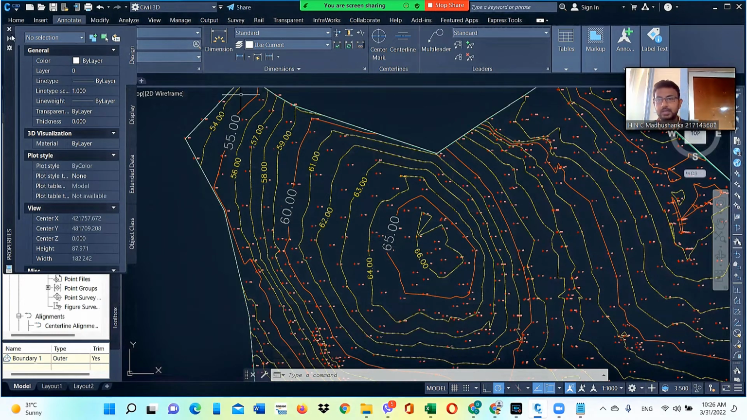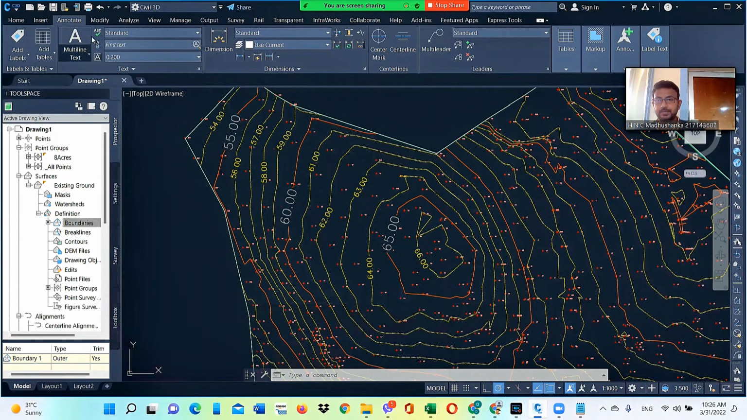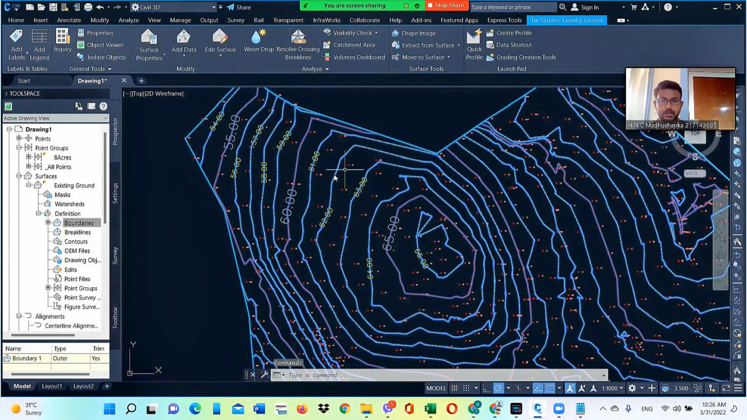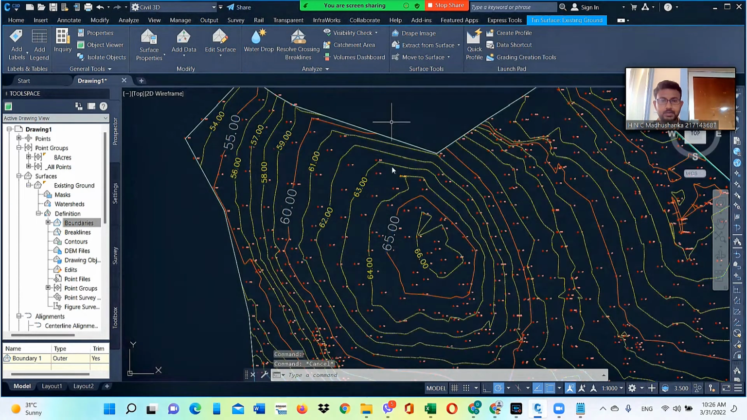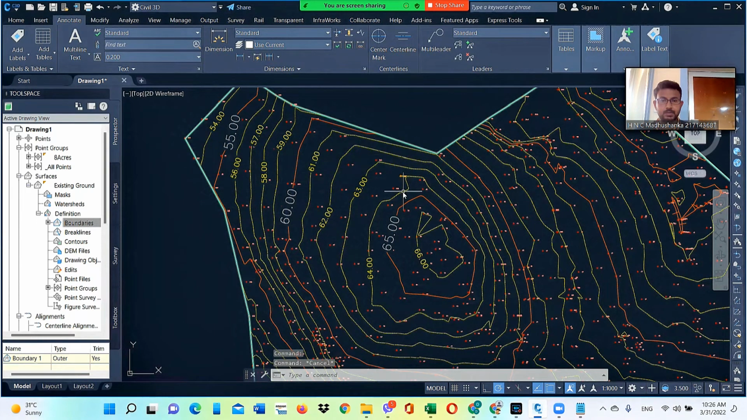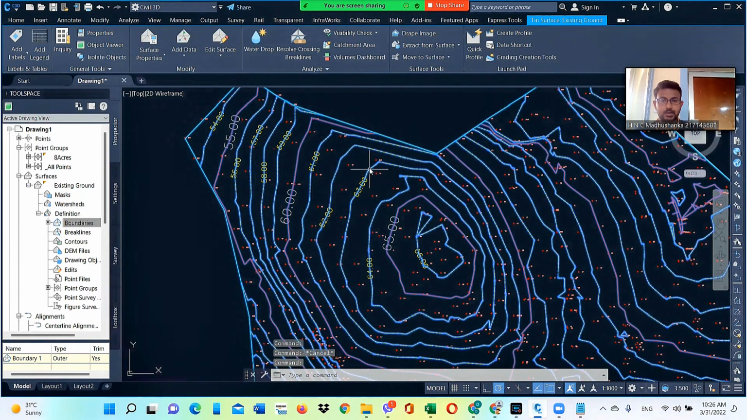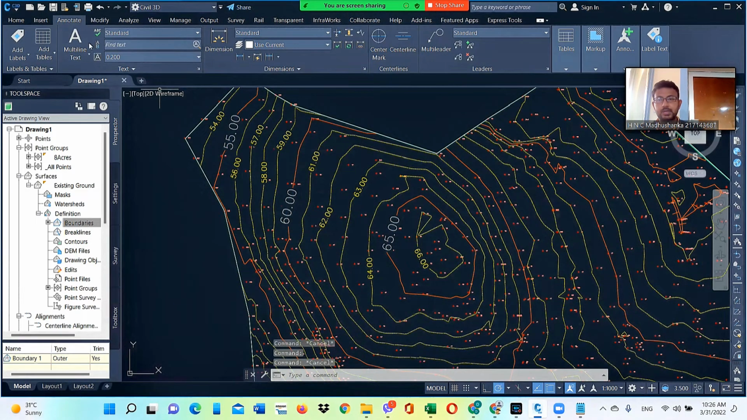Now we can go to existing surface and click. Then we can select all the contours like this. So that is also a facility we have in this Civil 3D. We can select the whole surface by clicking at one of these contour lines. And now we'll see how to add labels,